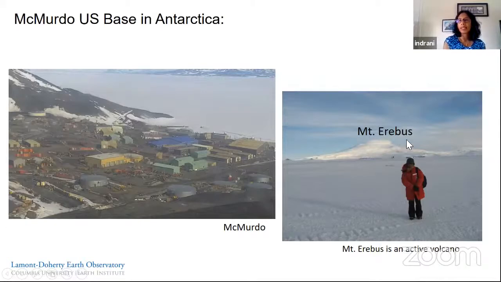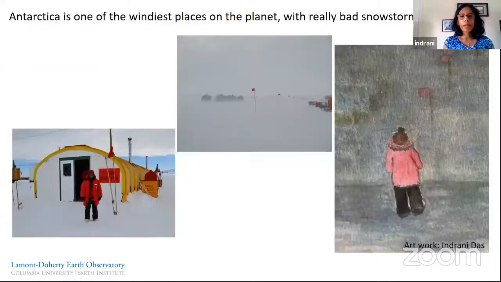It's Mount Erebus. It's just such a beautiful volcano. Everything about Antarctica is beautiful. I can't stop talking about it. So it doesn't spew lava or magma, but it is always spewing out water vapor and some gases. So it looks like it has a crown on, sitting on top of its head, a white crown.